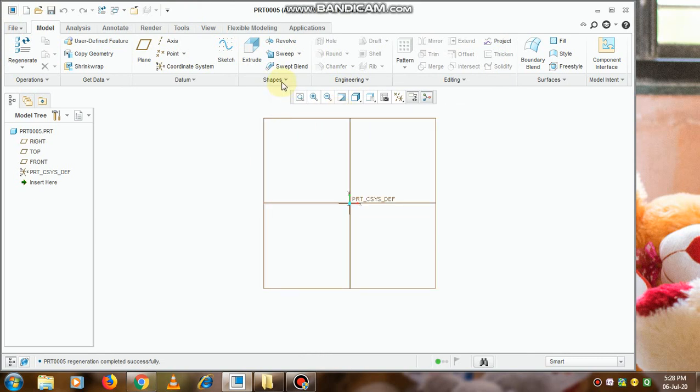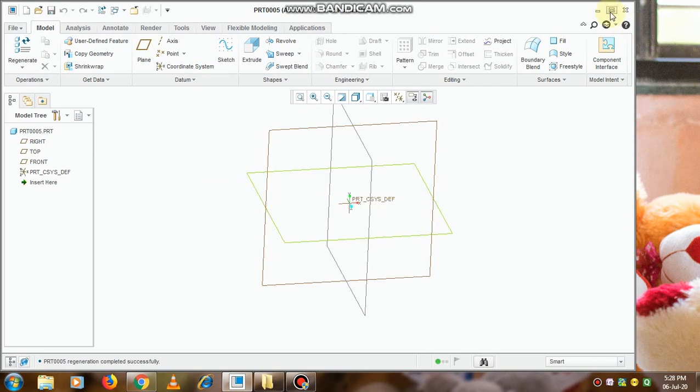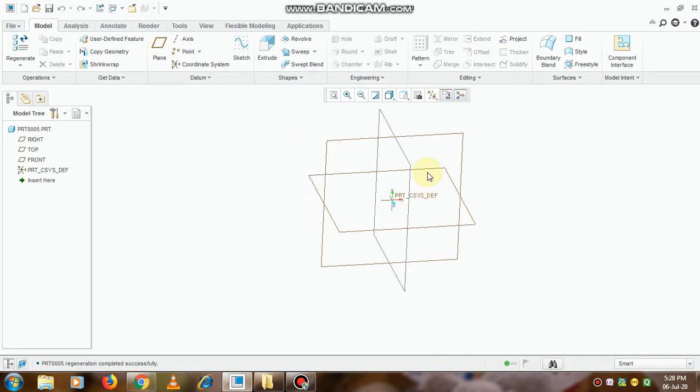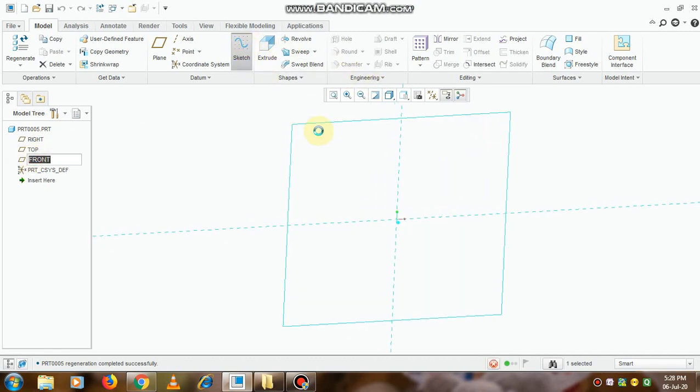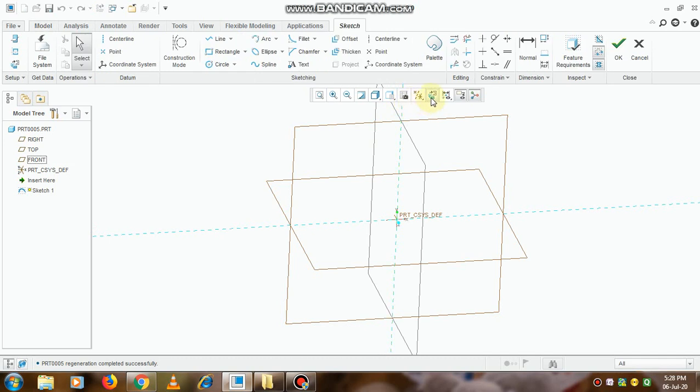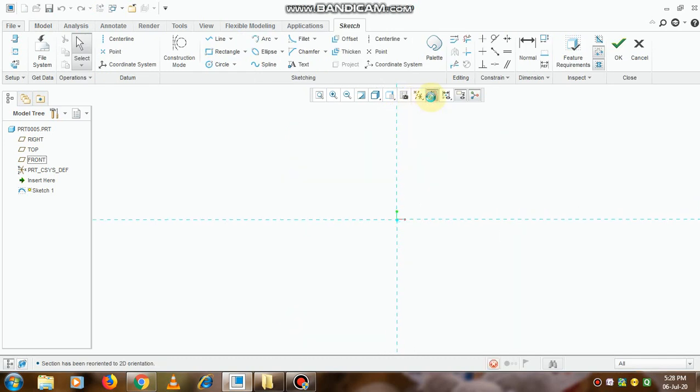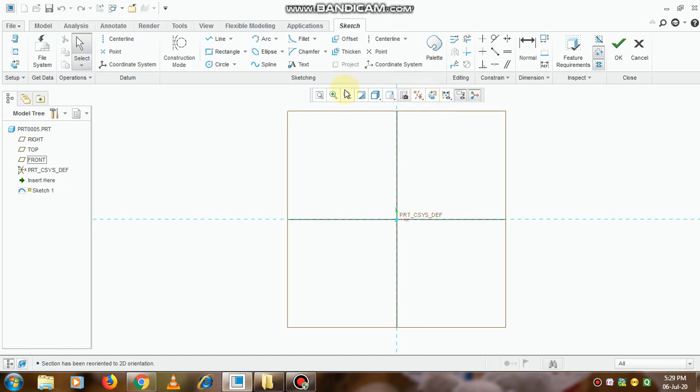Now we'll check how to use the revolve option in the Shape menu. Suppose we have selected this as the front plane. Go to the option Sketch. I will make the sketch view parallel to the eyesight.